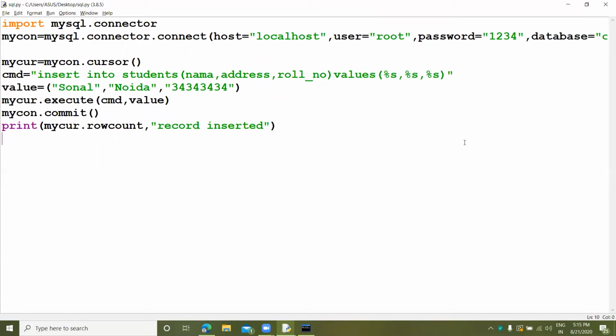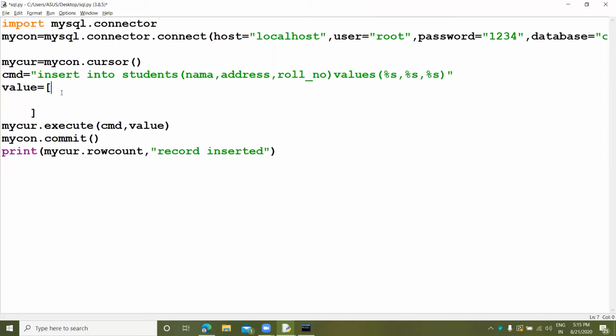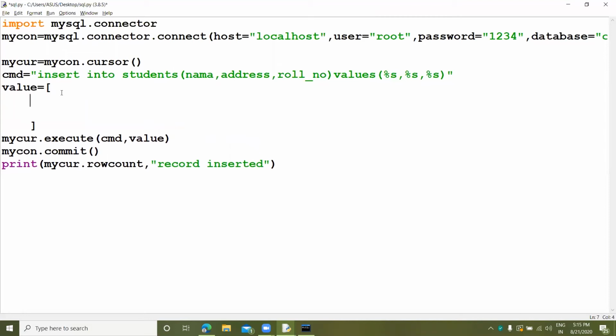So now we will include multiple data into this. How will we do this? Here you can see I'm using a single data. Now we will be adding multiple data. So let's see. Here the values come as a dictionary, as I said. Now remove this, because this record has successfully inserted. So I'm removing this.